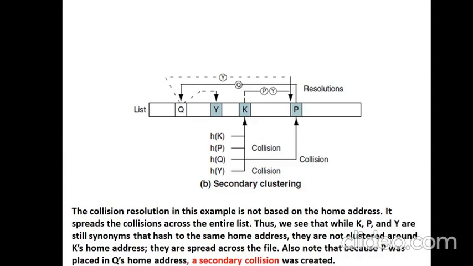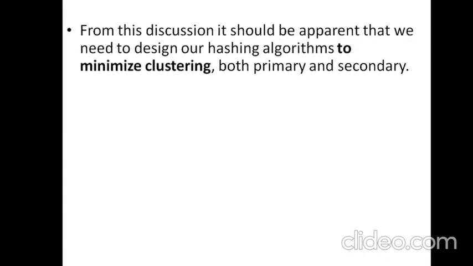So they collide, and that collision results in moving Q to a different address, and that address causes a subsequent collision of Y. So Y has to be moved to some other address. So this is another problem. We can't totally eliminate collisions in any of the schemes. We can only minimize the impact of the collision resolution, except a linked list scheme, which you will see at the end. That is the only scheme where we can totally avoid the subsequent collisions because of collision resolutions.